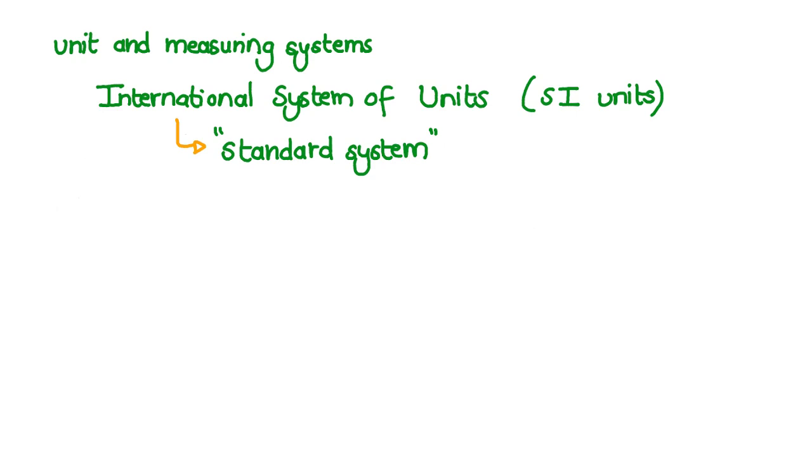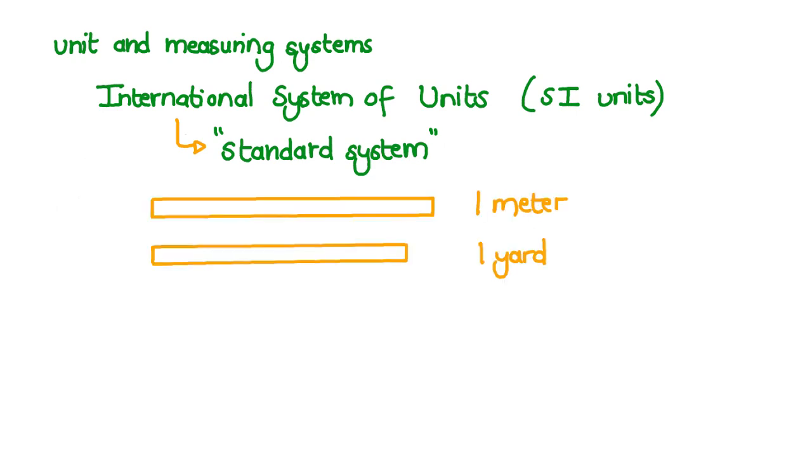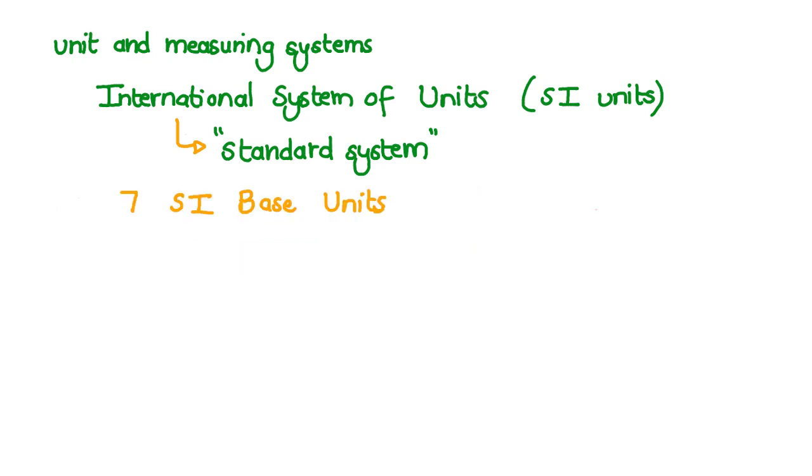A standard system is a way of doing things that is the norm or the usual model, usually with a reference to compare to. When we all use the same system for units and measuring, it removes confusion. For example, 1 meter and 1 yard are not equal to each other. If we measure length, are we going to use meters or are we going to use yards? The SI system uses meter as the standard unit for length or distance. This prevents any confusion. There are 7 SI base units, which are the building blocks for all other SI units.